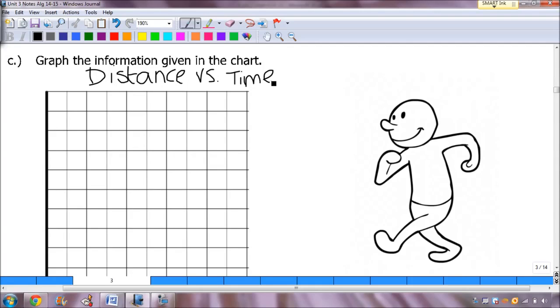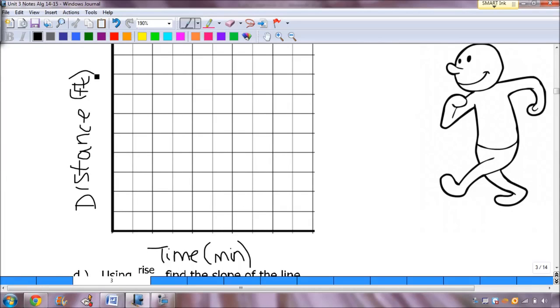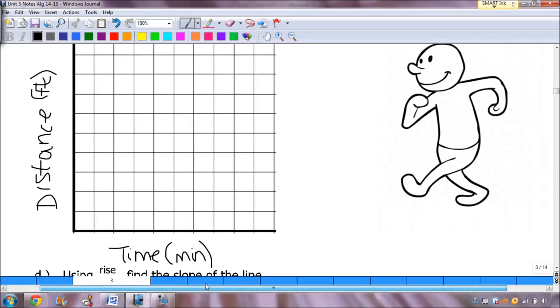And then down here, we're going to label this right here our time. And our time is being measured in minutes, okay? And then over here, we're going to label this piece right here our distance, and the distance is measured in feet, okay? And so what I'm going to do now is I'm going to graph out my information. So time in minutes, I can just go up by a minute for each interval, okay? And then I think I'm going to go by 250 for my feet. So every block will represent 250 feet. So I will put 250 here,